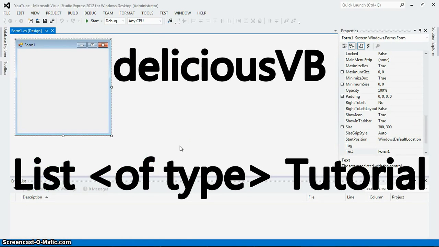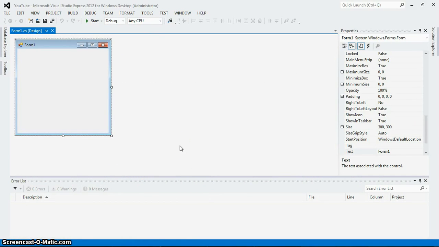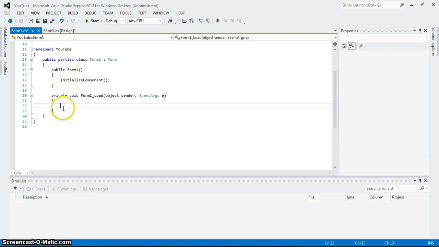Hey guys, deliciousVB here, and today I want to bring you another simple little tutorial about the list of type kind of thing. I'm not sure exactly what you call it, but it's basically a list of some objects, but it can be any object or any class, so it doesn't have to be a string or